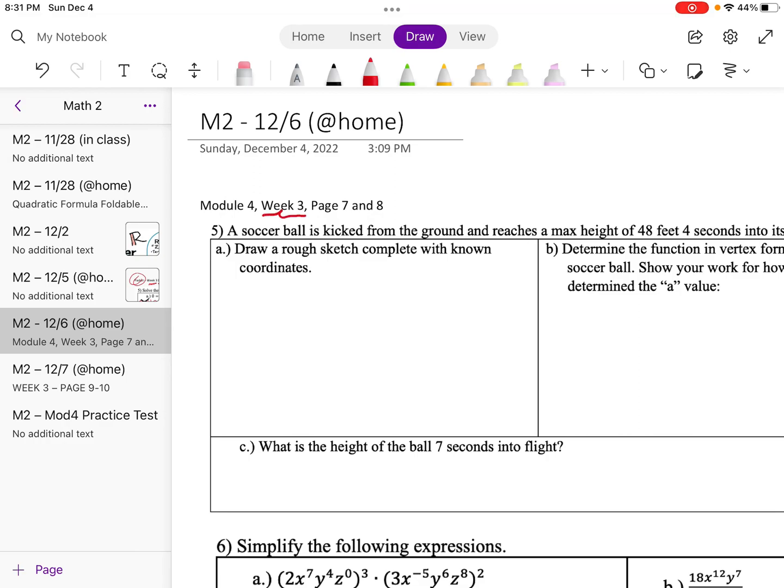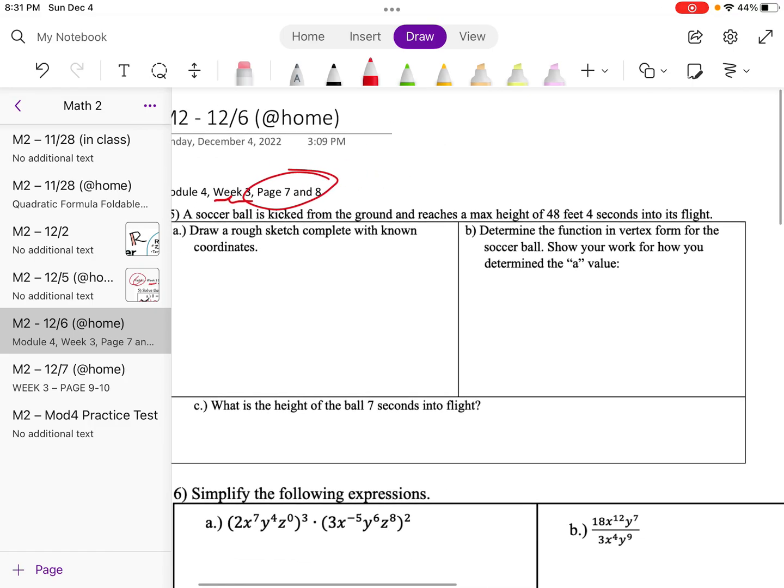Alright, next video. So we are in the Module 4 packet. We are in week 3 and pages 6 and 7. Let's get started. A soccer ball is kicked from the ground, that's a piece of information that's important, and reaches